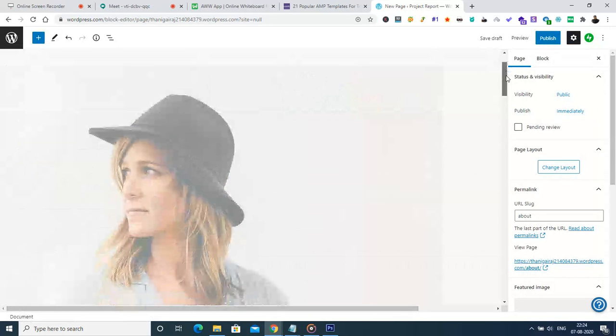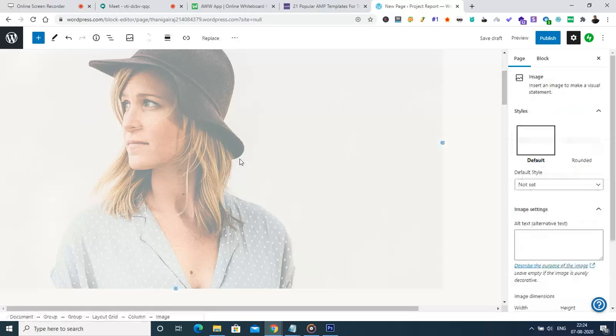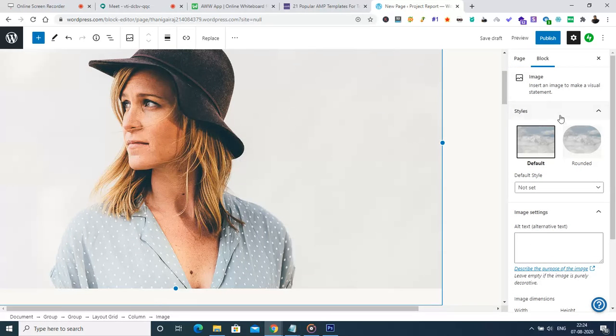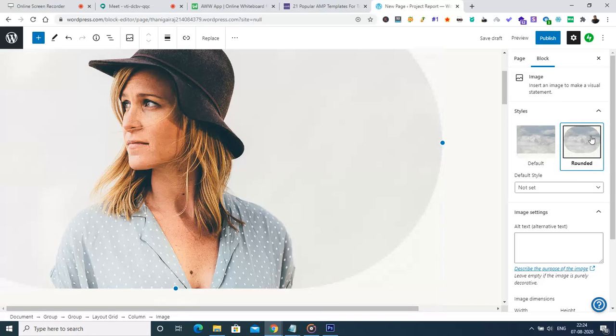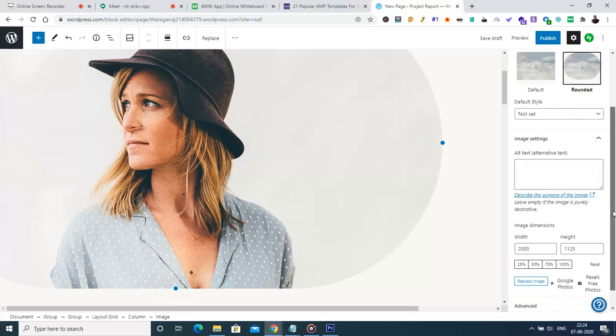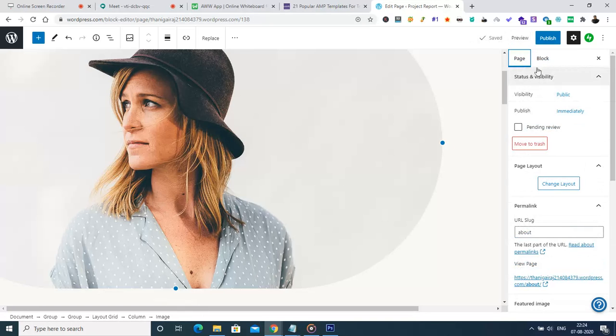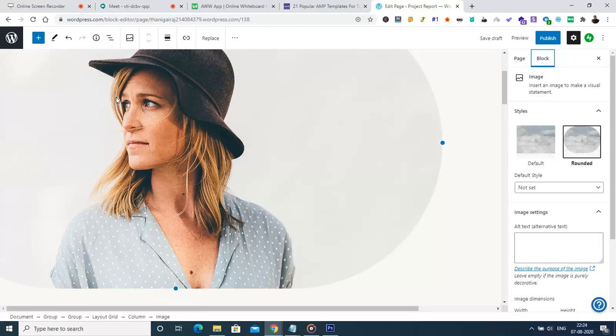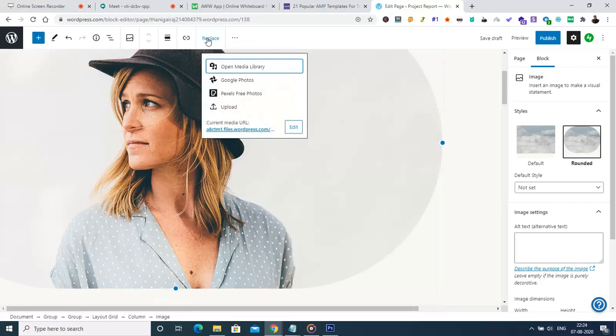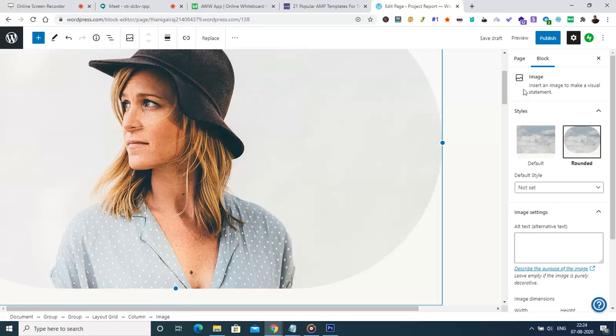Here I'm going to click this particular image, and I'll have the image options here on the right-hand side, like whether it is to be the default or whether it requires rounded corners, etc. I'm sorry, the image has to be replaced with the help of the replace option, which is available here. By clicking this image replace option and choosing an image or uploading an image from the system, we can replace this image.